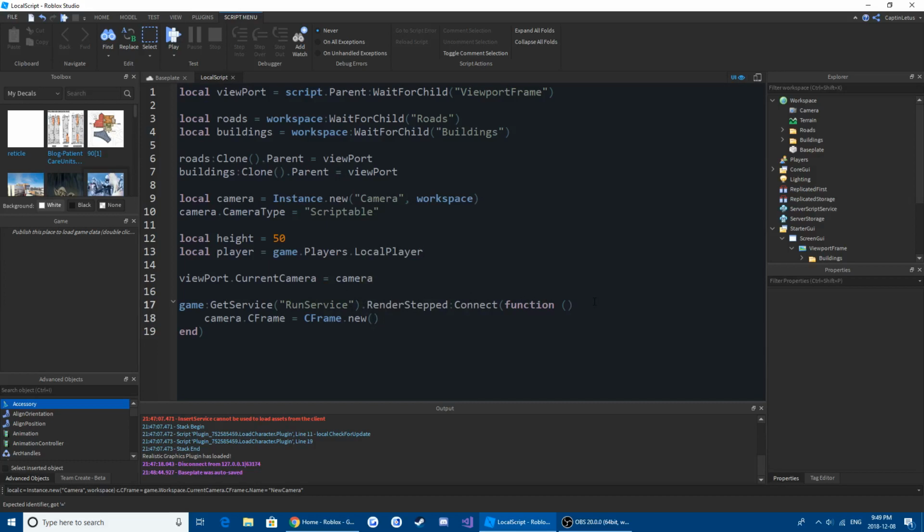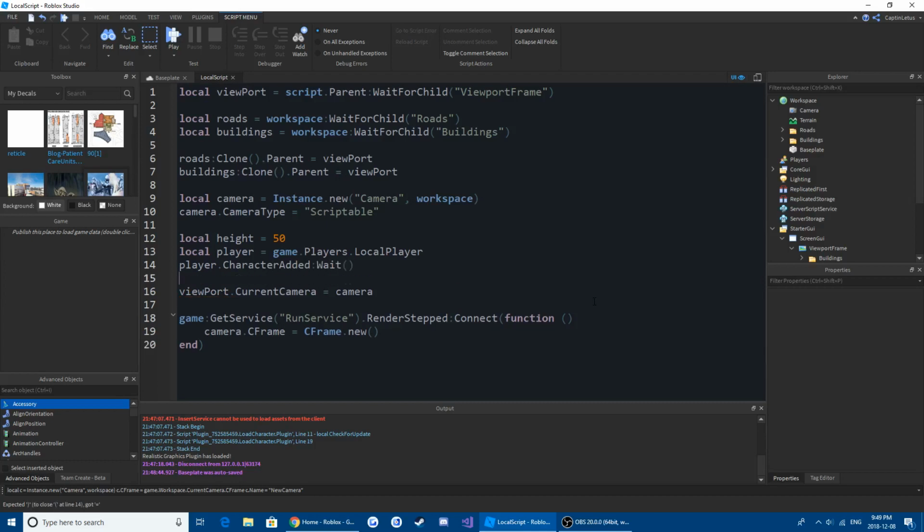And then we're just going to do player.CharacterAdded:Wait(). So this will just wait until our character is added to the game, so we don't run it before our character is there. Because remember here, like I said, you want it to wait for the viewport frame. Well, same thing. We don't want to run our code before the character loads, because in this function here, we're going to call on our character. So player.Character